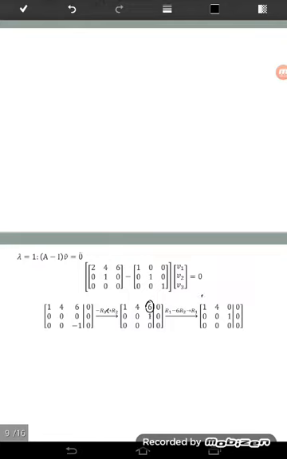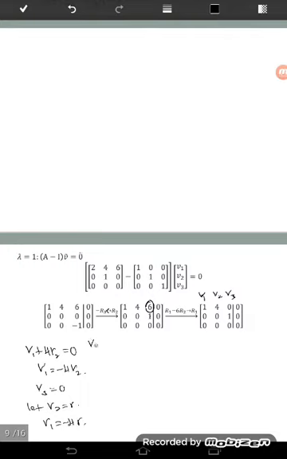Then find the values v1, v2, and v3. For v1 we have the leading 1, for v3 we have leading 1, and for v2 there is no leading 1, so v2 is the free variable. From row 1, we have v1 plus 4v2 equal to 0, so v1 is equal to negative 4v2. From the second row, we have v3 is equal to 0, and v2 is the free variable. So let v2 equal to r. So v1 is equal to negative 4r.